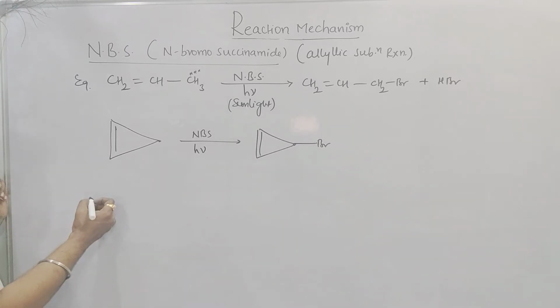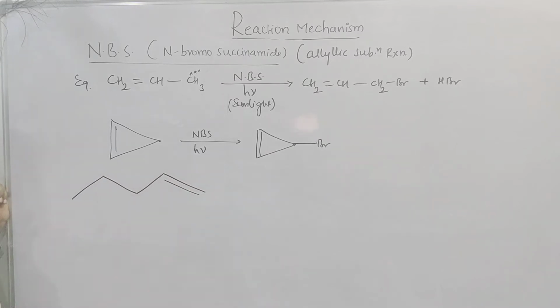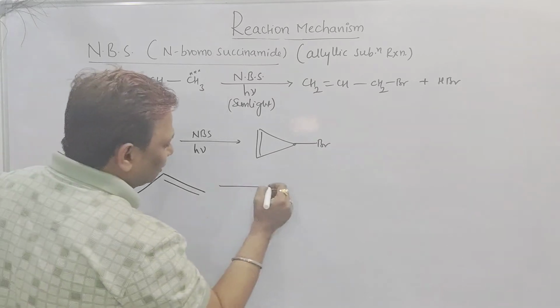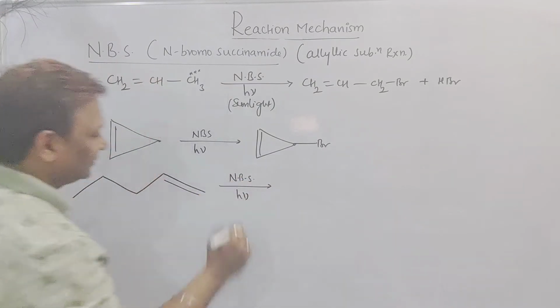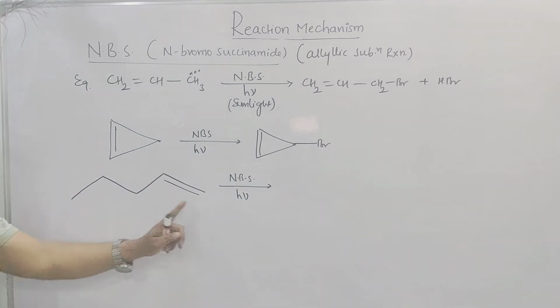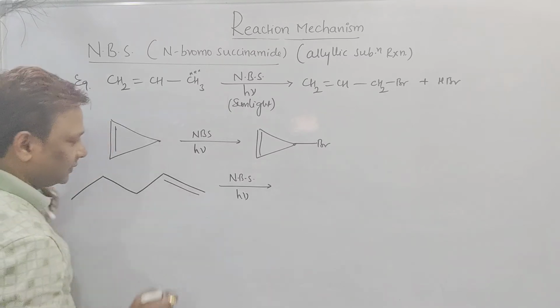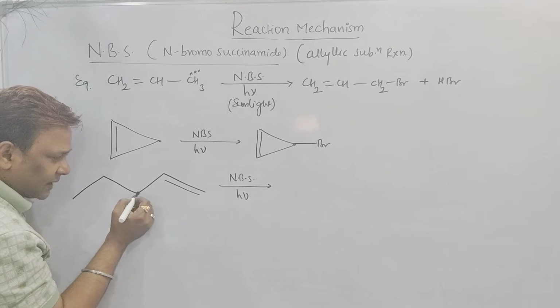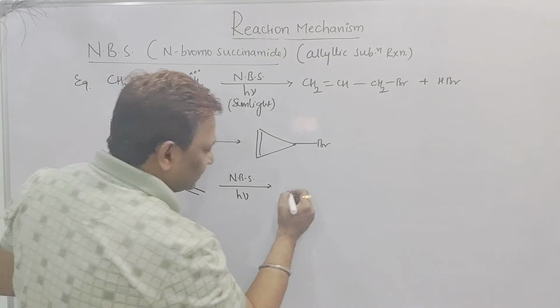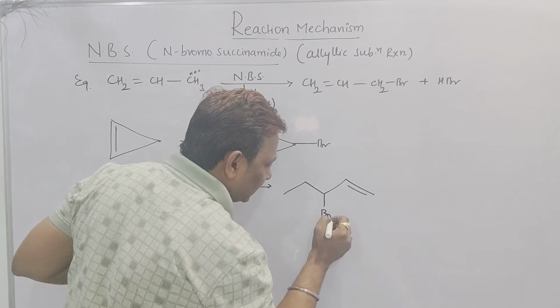But one more example I want to show you. One, two, three, four, five. We have a double bond. I am going to put now NBS, N-bromosuccinimide, in the presence of sunlight. So for an unsymmetrical alkene, on addition of NBS, what will happen and where is the product going to form? I will show you, beta. The allylic position of carbon is here. It means my Br is going to attack on this position. It means there is a possibility that my Br can attack over here.